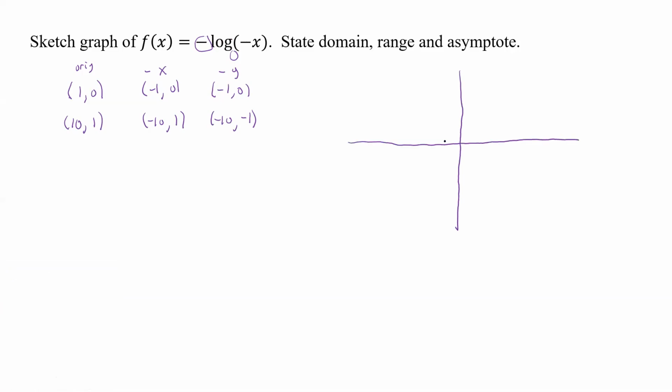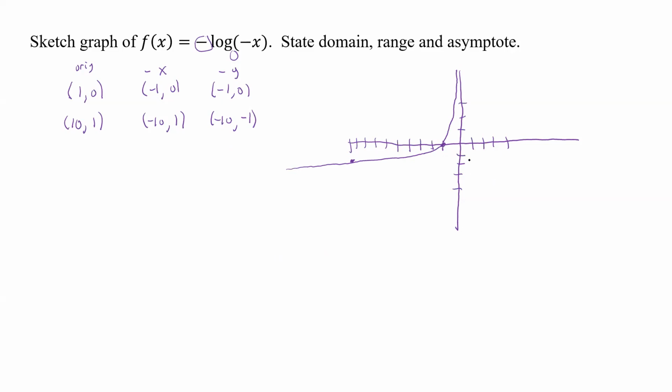We know we're going to be on this side over here. 1, 2, 3, 4, 5, 6, 7, 8, 9, 10. And we're going to be down here. We don't have to worry too much about those over there. And so negative 1, 0 is going to be 1 point. And negative 10, negative 1 is going to be the other point. And it looks like it's going to be increasing. And so it's going to look something, again, drawings leave a lot to be needed here. And so that's going to be what our